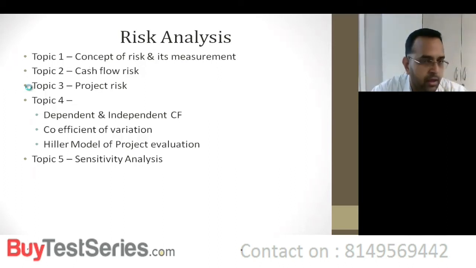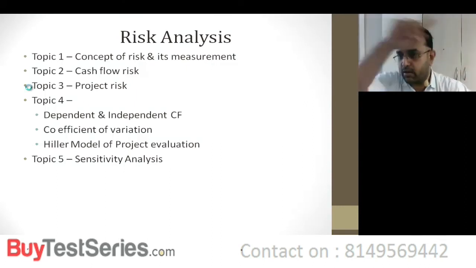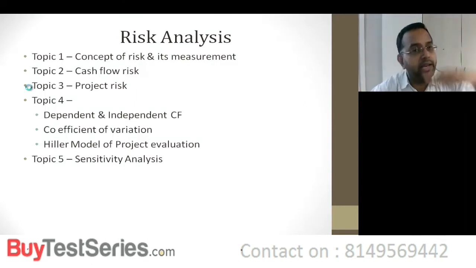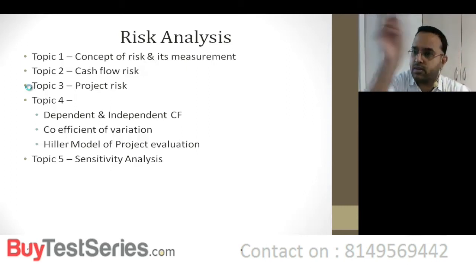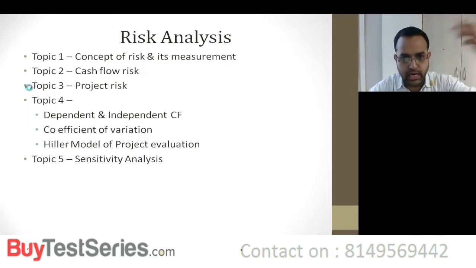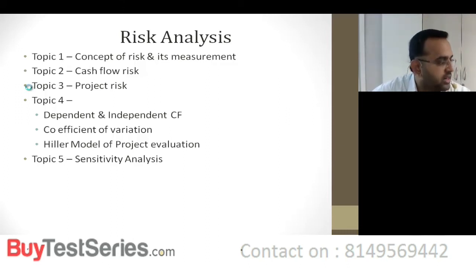That's dependent cash flow. Independent cash flow, there are multiple combinations in which cash flows are there. First year, 3 possible cash flows. Second year, 3 possible cash flows. And third year, 3 possible cash flows. It's 3 by 3 by 3. 27 possible cash flows are there. For that, we need to find out net present value, and then for that, we need to find out the standard deviation. Instead, we said you can find out the cash flow risk of every year, discounted cash flow risk, square it, add it, and then root it. We found out the standard deviation of a project risk where the cash flows are independent.